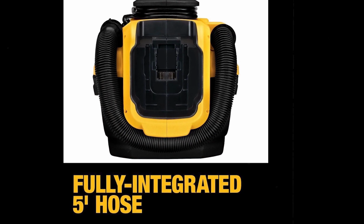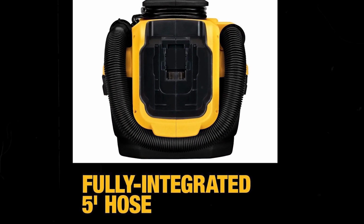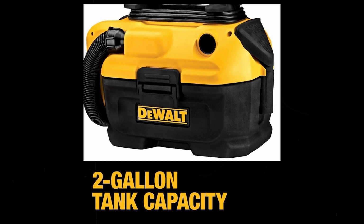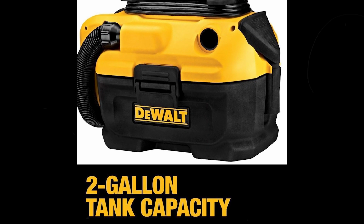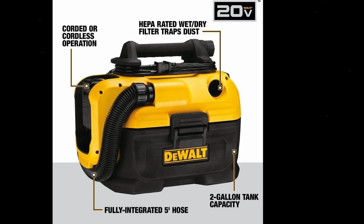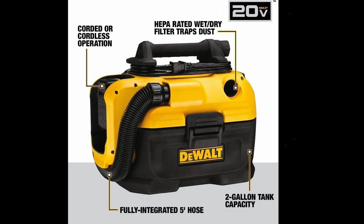With a 5 amp-hour battery, you can get up to 40 minutes of runtime, making it ideal for extended cleaning jobs. The 5-foot hose is crush-resistant and flexible, and the vacuum comes with both wide and crevice nozzles. The dual power capability makes this model unique. You can go cordless in the field or plug it in at the shop,